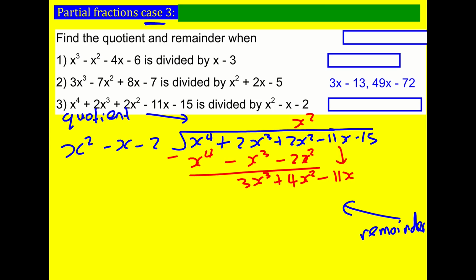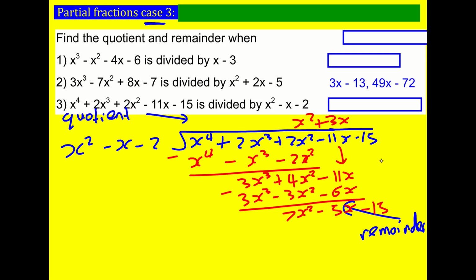X squared into 3x cubed is going to be plus 3x, multiply back through, minus 6x. Subtract them, we're going to get 7x squared minus 5x. And then finally, I bring down this minus 15. X squared, I'm going to get plus 7, 7x squared minus 7x minus 14, nearly there. That's going to give me 2x